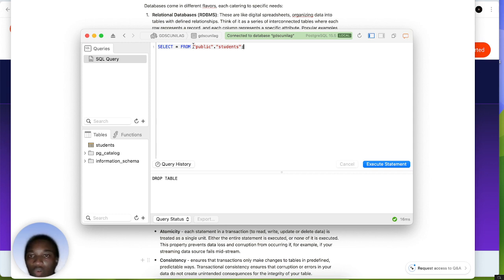So select all. When I'm using this command, use capital letters or true. So you can always use small letters, it doesn't matter. You can use small letters, you can use capital letters. I usually get this question when people are learning databases: is it compulsory for me to use capital letters when I'm writing my command, or should I use small letters? Both actually work, but for me it's a personal preference. I prefer using capital letters. So when I click on execute,